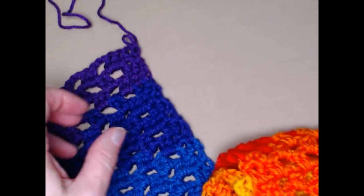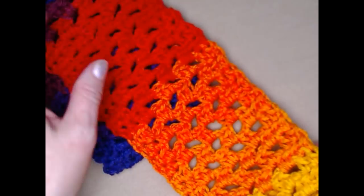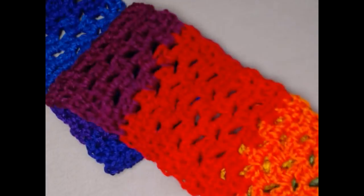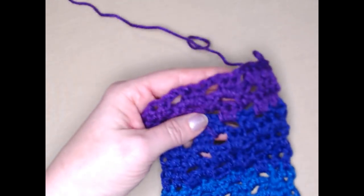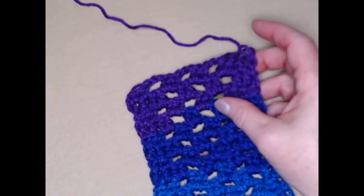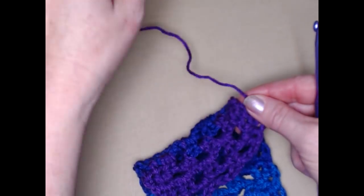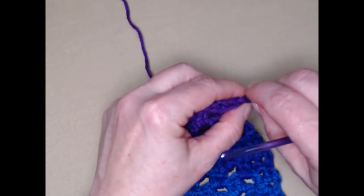So I have continued to repeat R3 or row 3 for 71 rows. And when we get to the last row, depending on what length that you wanted to make yours, you could, of course, like I said, make it longer. On the last row,